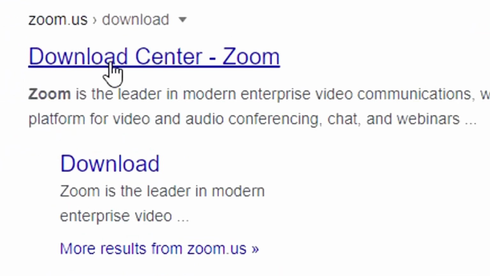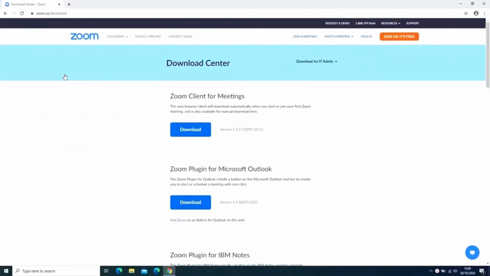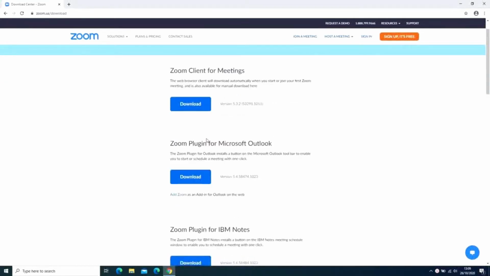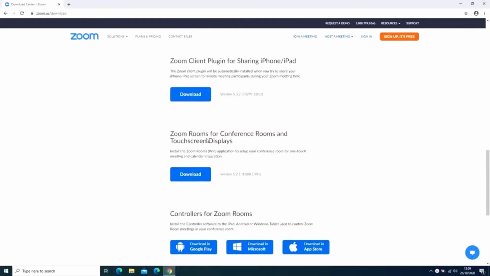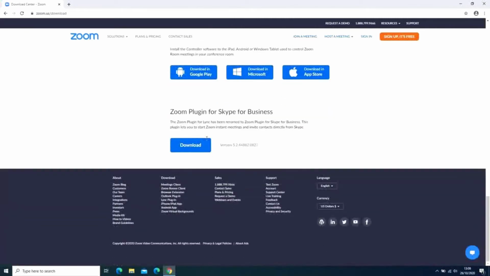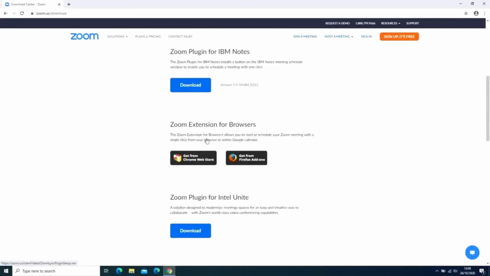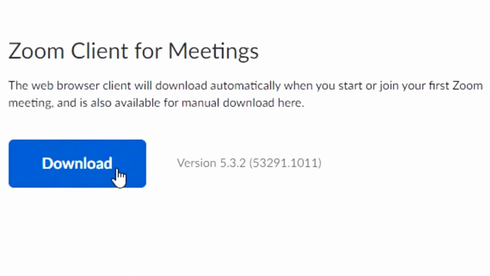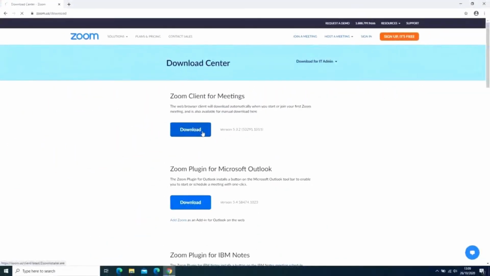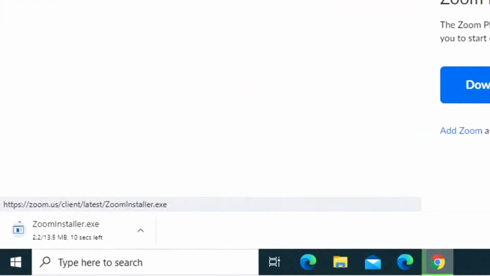And now you are in Zoom's Download Center. In this Download Center, we have various products of the Zoom app. In that, our need is Zoom client for meetings. So, press the download button which is near the Zoom client for meetings. Now, it will download automatically. When the download is finished,